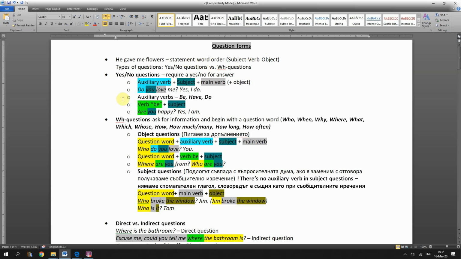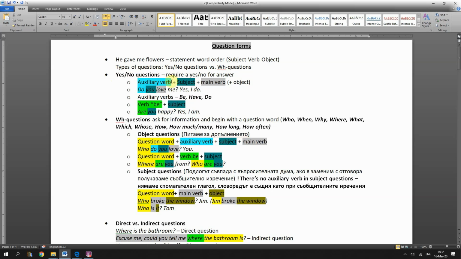Now, this is for statements. What do we do with questions? Well, with questions, we need to consider first what is the question type. So, we can arrange questions in different groups. The first group are yes or no questions. Yes or no questions are called like that because they require a yes or no for an answer. For example, do you speak English? Yes, I do. Do you speak Italian? No, I don't. Usually, these questions